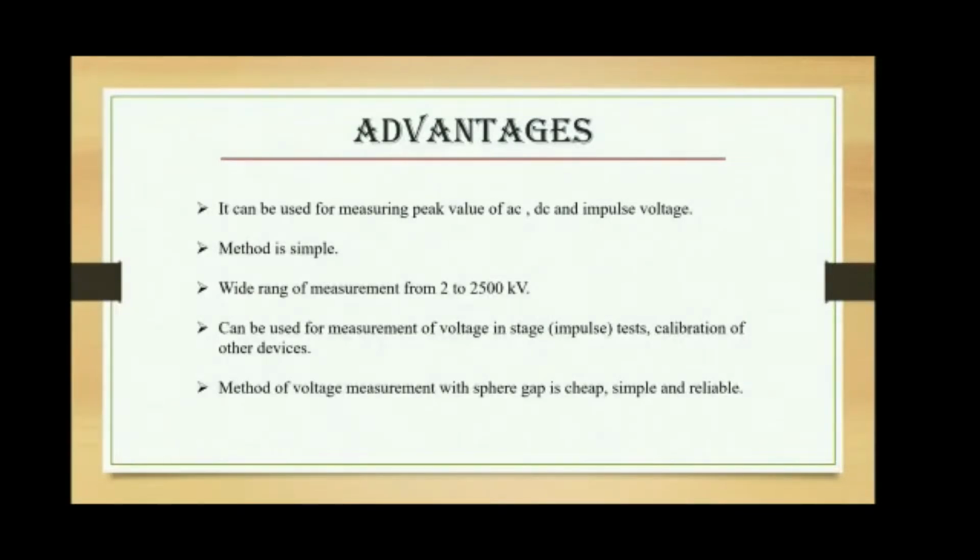So now we are going to see the advantages of the sphere gap method of measurement. The first advantage is it can be used for measuring the peak value of AC, DC and impulse voltage. The second advantage is this method is a simple one. The third advantage is it has a wide range of measurement, that is from 2 to 2500 kilovolt. The fourth advantage is it can be used for the measurement of voltage in stage states and the calibration of other devices. The last advantage is